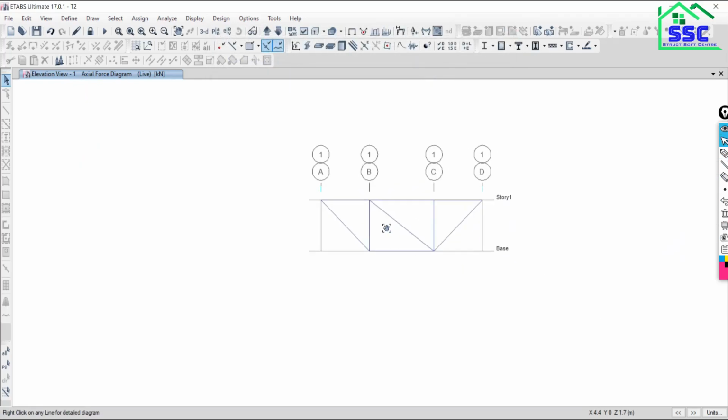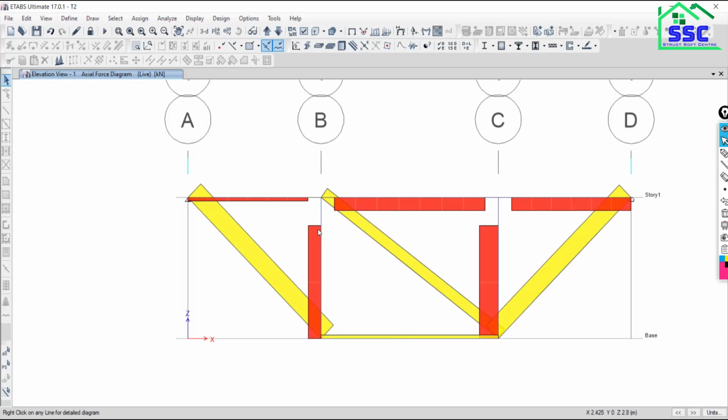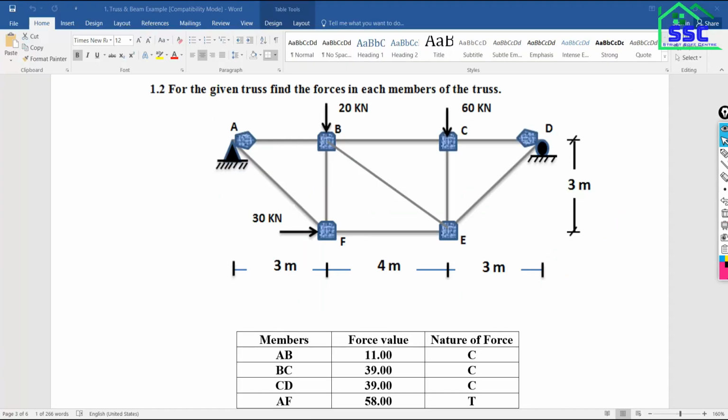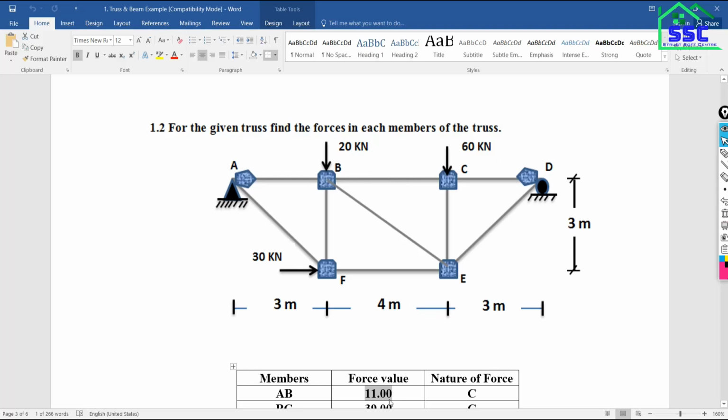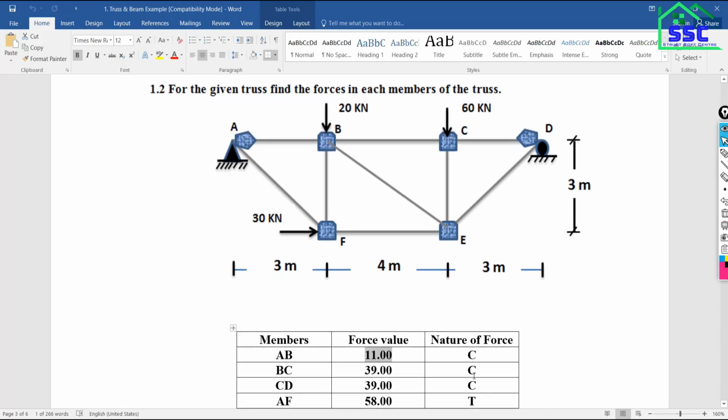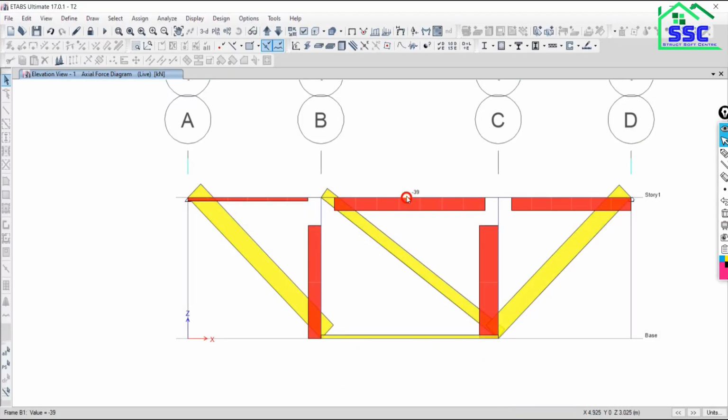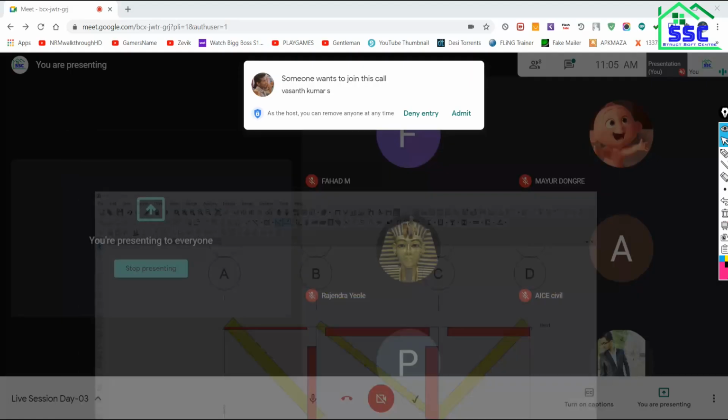Close. Okay. Now A to B is 11, then B to C is what? 39 kilonewton. Again the nature is compression. See, exactly 39 kilonewton is there. Okay, 39 kilonewton.